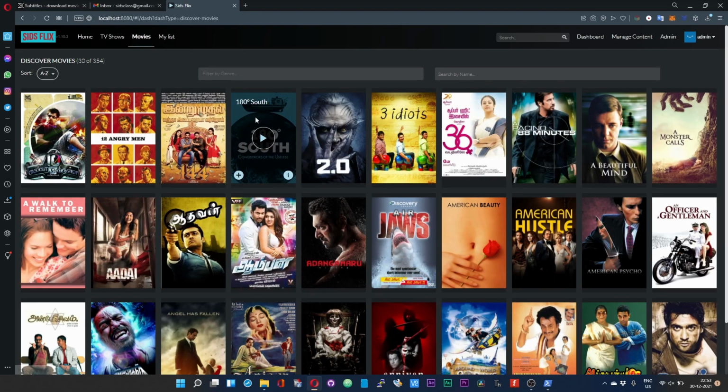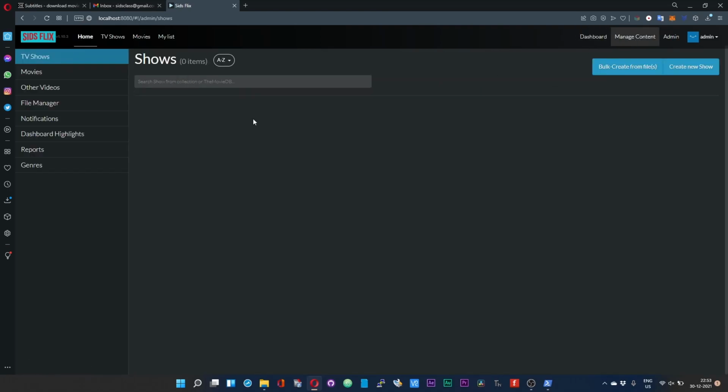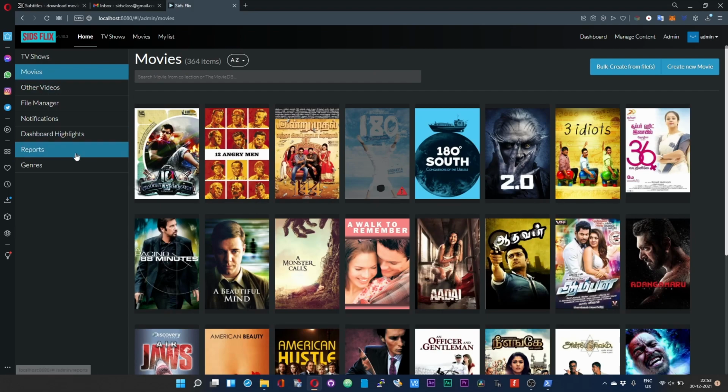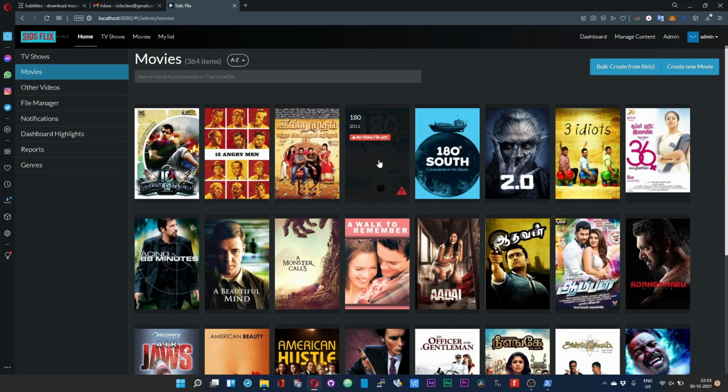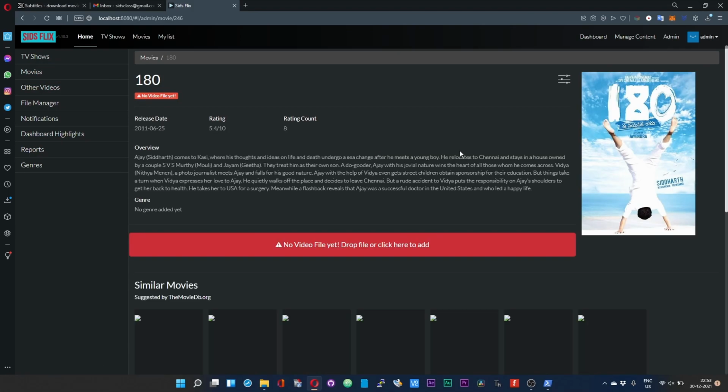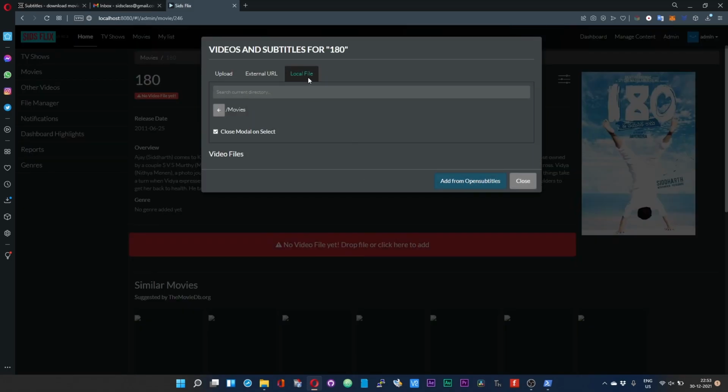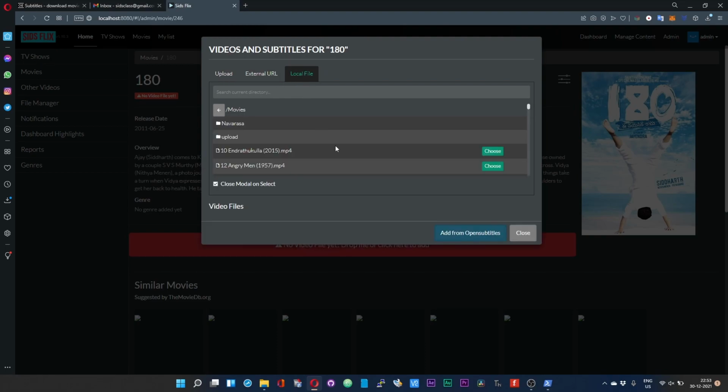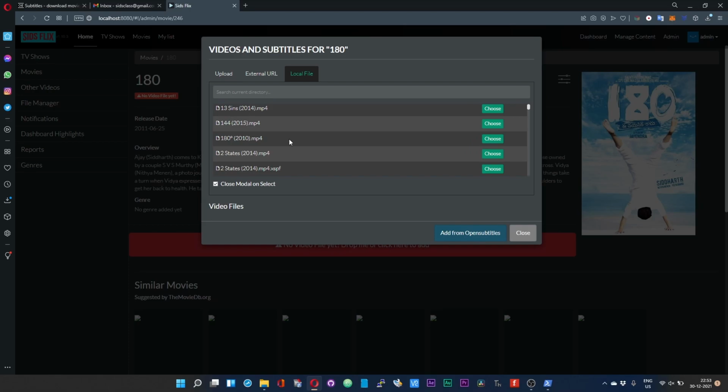If the edited movie doesn't show up on your main movies tab, click on manage content, go to movies. There you should see the edited file. Click on that. It will say no video yet. Click on that and head over to the location where you have got the file. Scroll down and select that file.